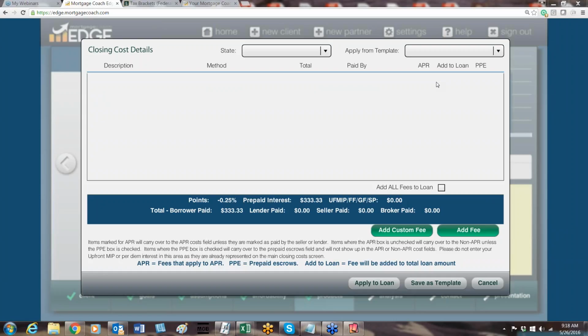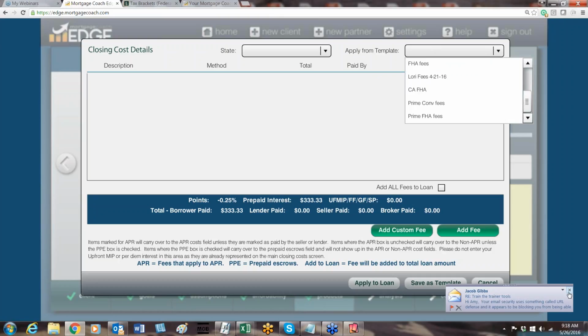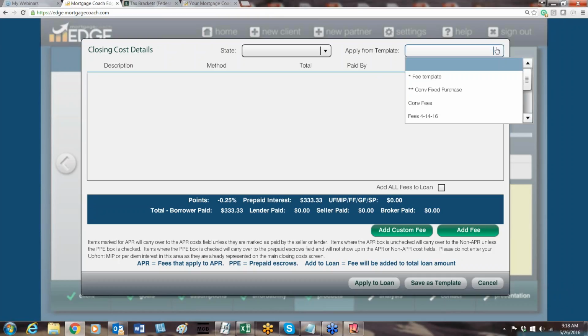So the first thing you would need to do if you want to see if you have fee templates, you would go to your drop down here and see if there's any product templates for you to choose. If there's not, don't worry about it because it's quite simple to build a fee template. Great way to start is to pull a